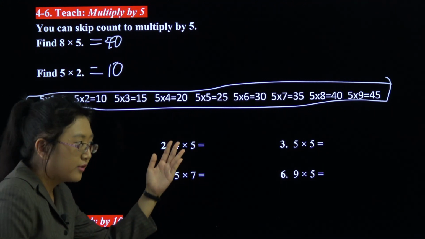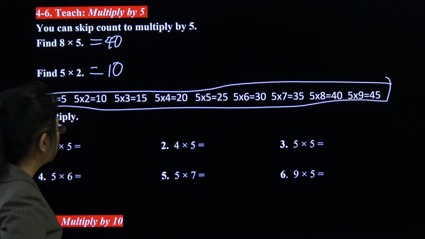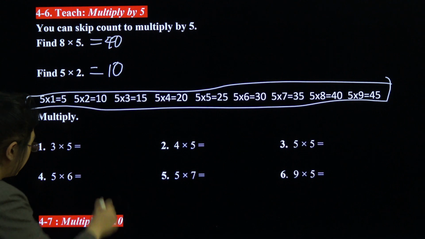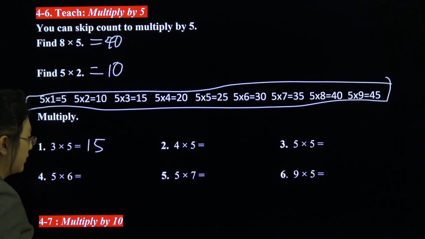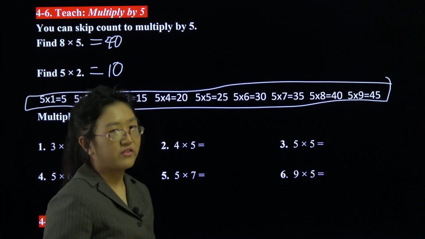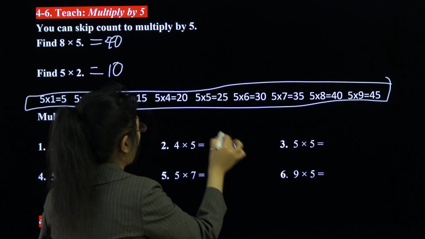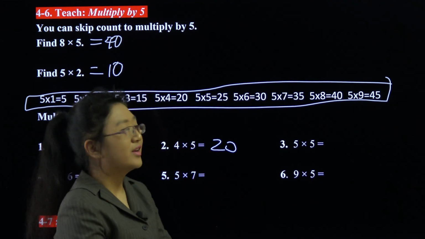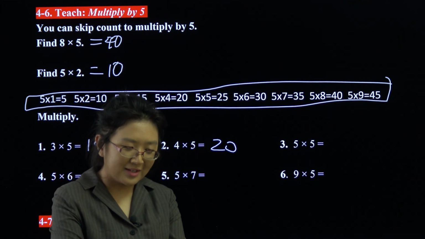And 5, 10. Anyhow, multiply. 3 times 5, 15. 5, 10, 15. 4 times 5, 5, 10, 15, 20. Or you could just, well, because in case you haven't noticed,